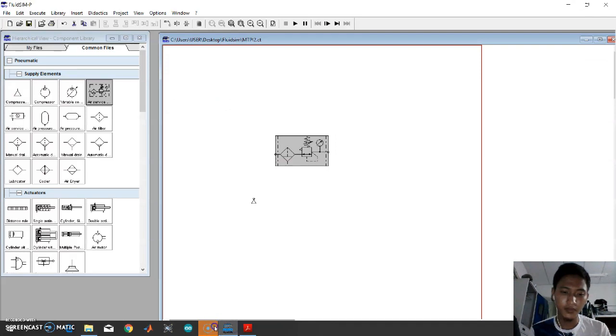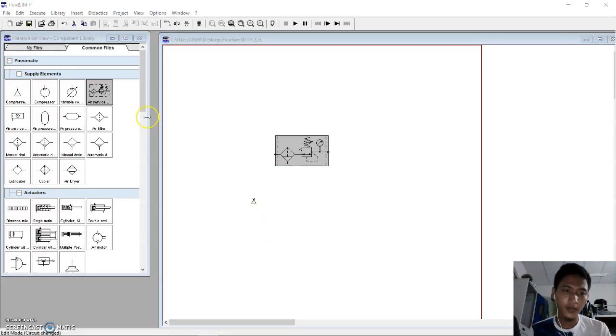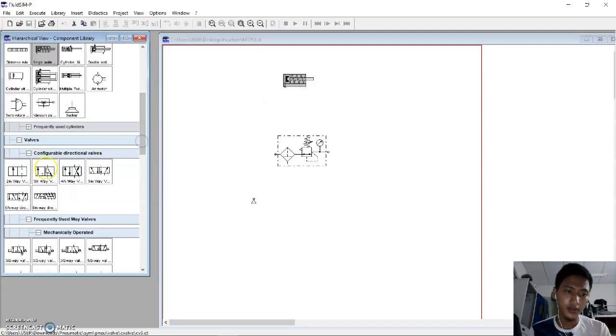In the FluidSim, single action cylinder and 3-way valve.